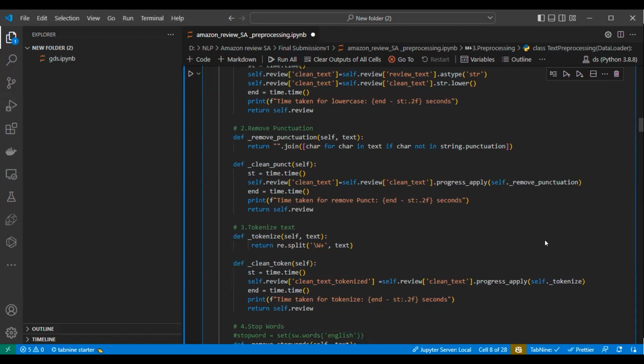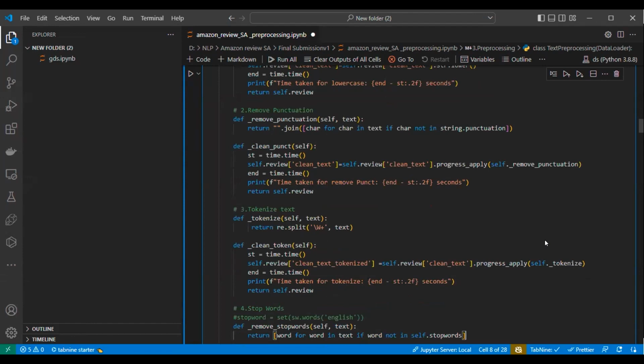We store that over here: we are generating a column in the data itself, called clean text tokenize. Now that the tokenization is done, what we will do next is remove the stop words.